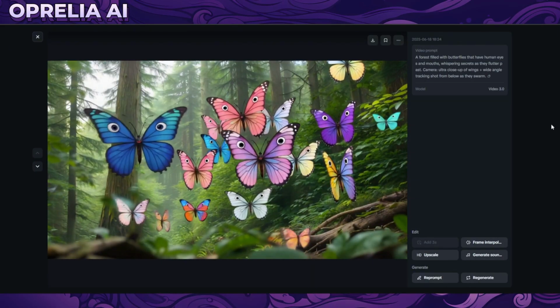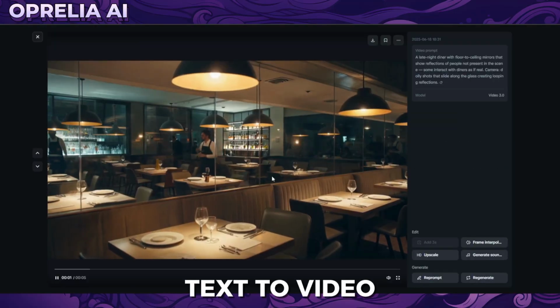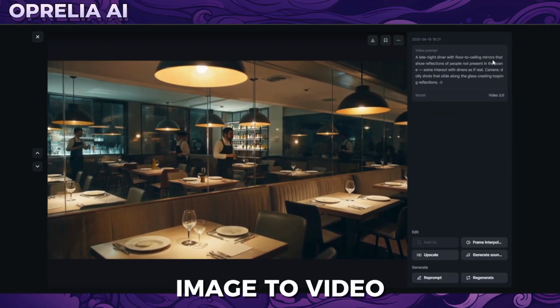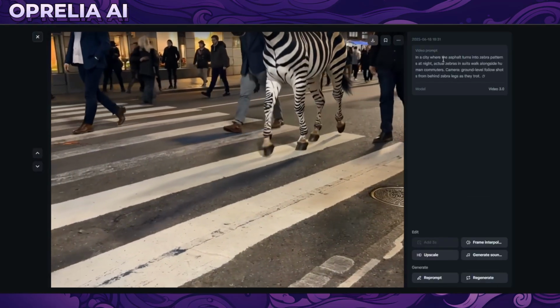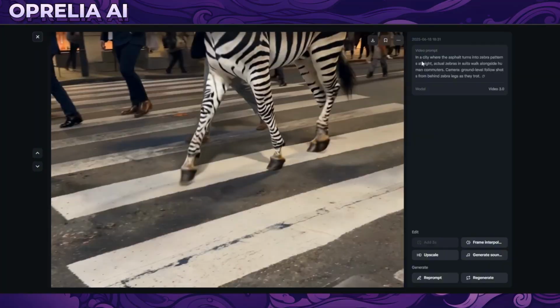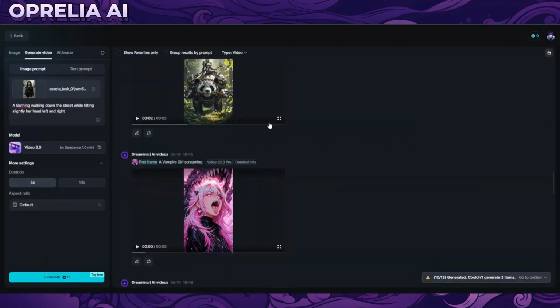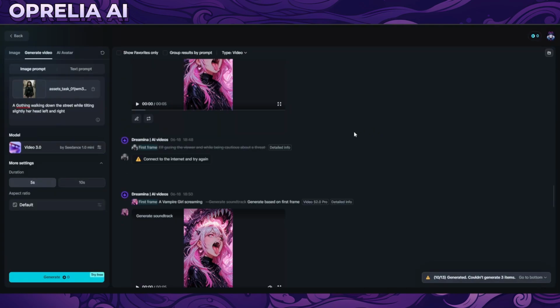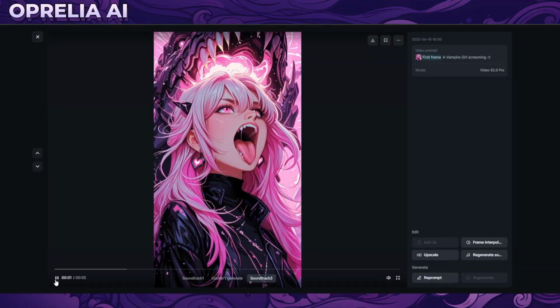But here's where it gets really impressive. The single model handles both text-to-video and image-to-video generation seamlessly. That means you can start with just a text description, or upload a reference image and have the AI build a video around it. It's like having multiple tools built into one platform. And the speed? This is where my jaw hit the floor. We're talking about generating a 5-second 1080p video in about 41 seconds.